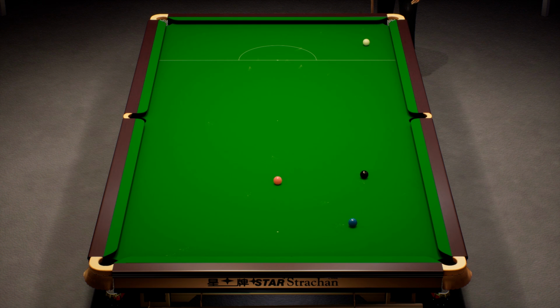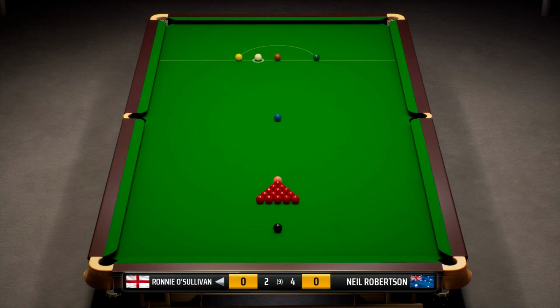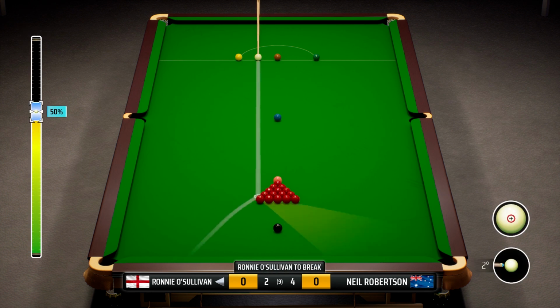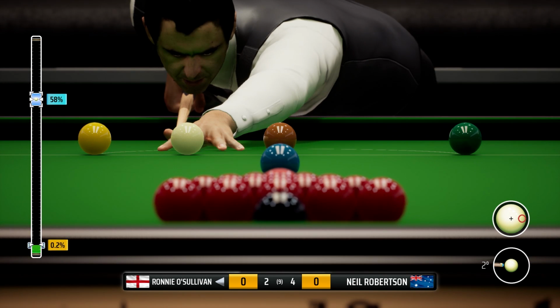But that frame concedes 66, sorry, 63. That gives Ronnie O'Sullivan the sixth frame in the bag, and we're now close to within 2. But Neil Robertson still requires the seventh frame. 1 to win this match. Ronnie O'Sullivan to break. So twice we've broke off, and Neil's scored enough to win the frame, but I think we